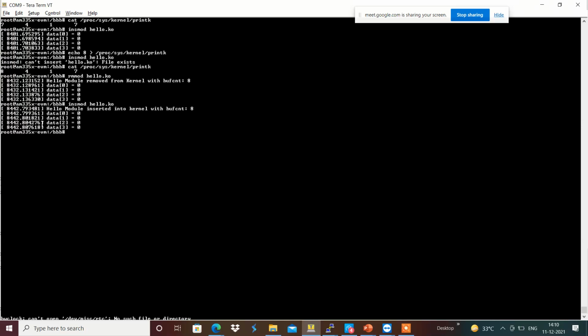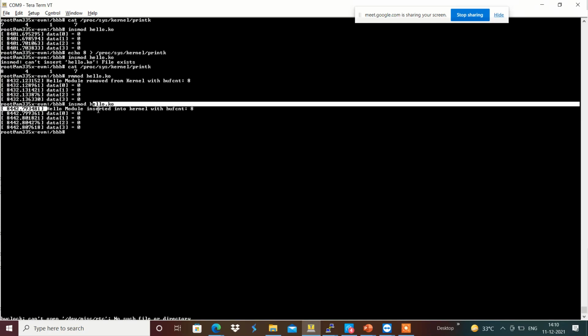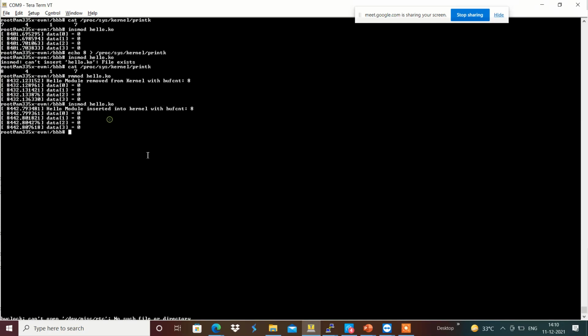Now I got the print of hello module inserted over here, since the current level of printk is 8, which means all levels less than 8 will get printed over here. Because of that, it got printed.